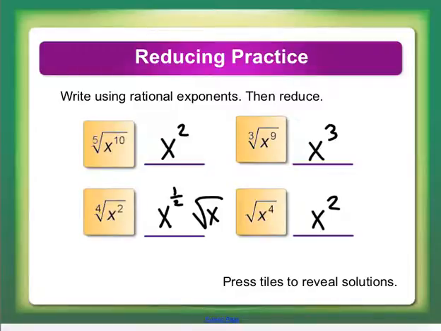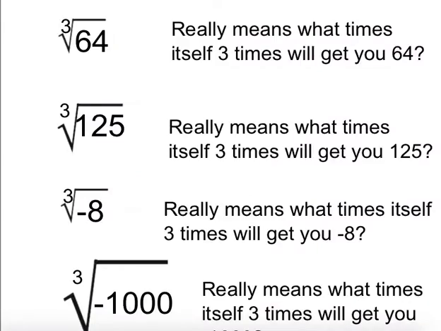All right, now, if we start looking at some numbers, if I want the cube root of 64, what I'm saying is I want something times itself 3 times that will give me 64. Well, if you don't already know that 4 times 4 times 4 is 64, a way that I could get there is actually using